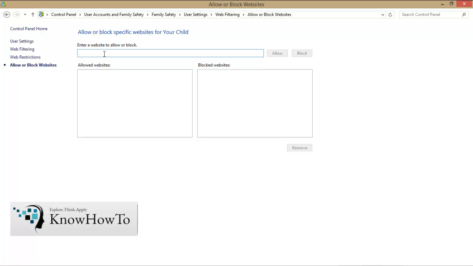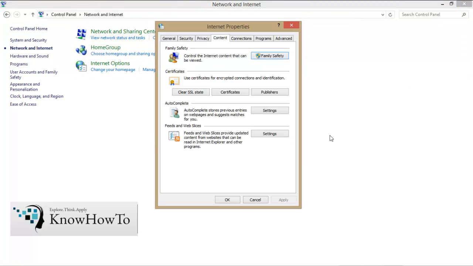Suppose one of the most famous adult websites is xvideos.com, and I can type the URL of that website, and here I can block that website. So we can block this. So here in blocked websites we have got that xvideos.com website.